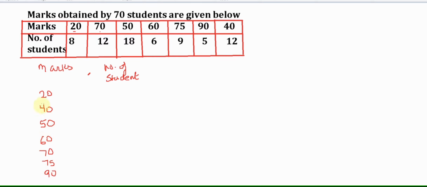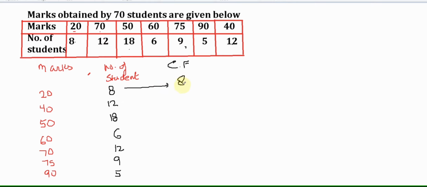Now in front of 20 we have 8 students, for 40 we have 12, for 50 we have 18, for 60 we have 6, for 70 we have 12, for 75 we have 9, and for 90 we have 5. Now first thing, we need to find the cumulative frequency, meaning the sum of all the frequencies. So we copy down this 8.